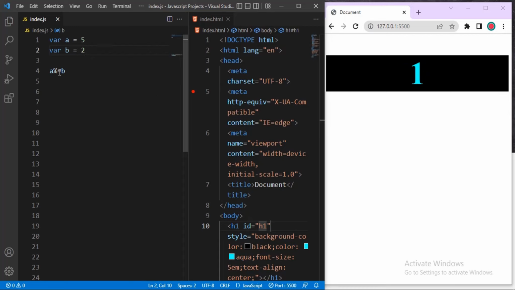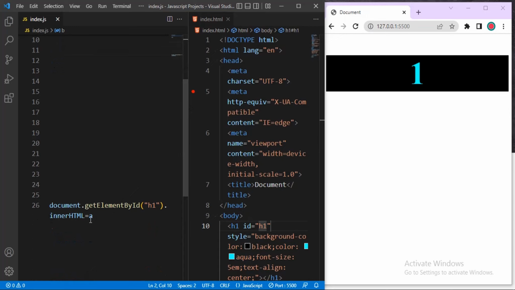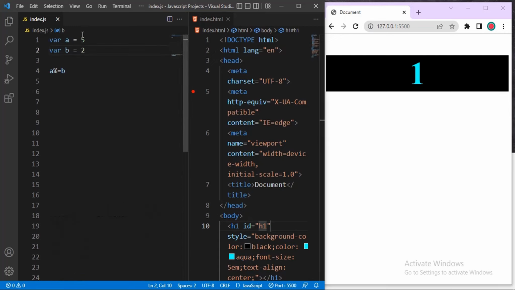So what this symbol, the percentage symbol, does is it gives us a remainder. Remember that what this does is divide A and B, get the remainder, and then assign that remainder to the first variable, which is variable A. So inside this place we are printing variable A, displaying its content. It's no longer 5, but the remainder of the division is what is